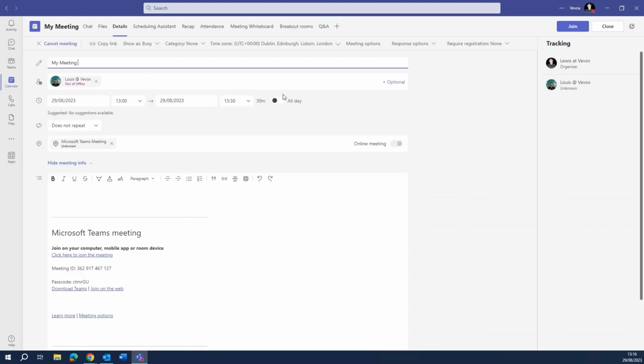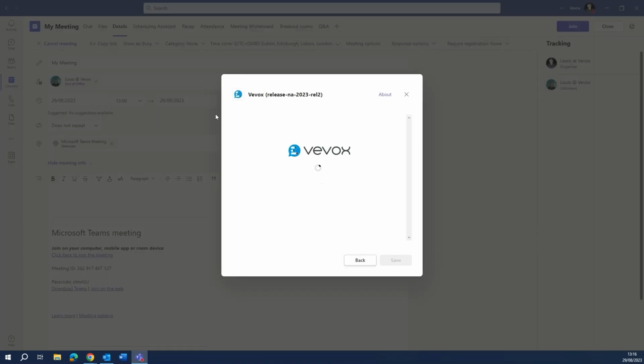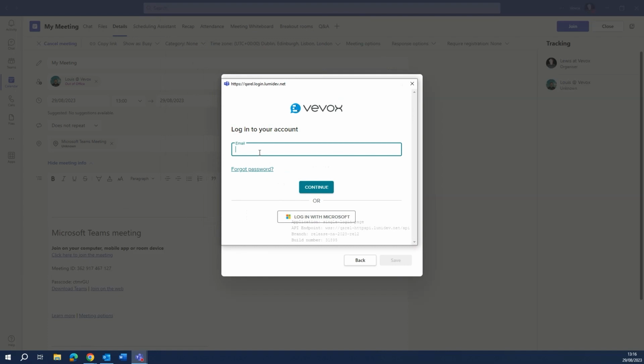and we just need to press the tab button here in the top right hand corner. We need to do a search for Vevox, and then we will be brought to this login page here. So we just need to press login, and then we just need to type in our email address in here